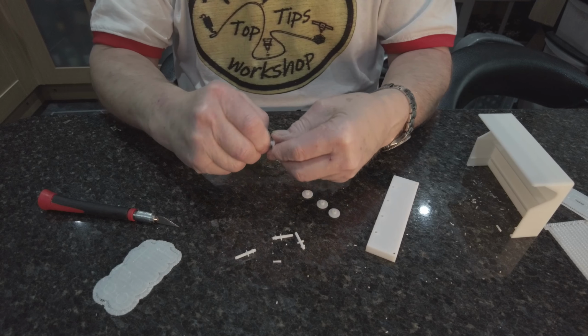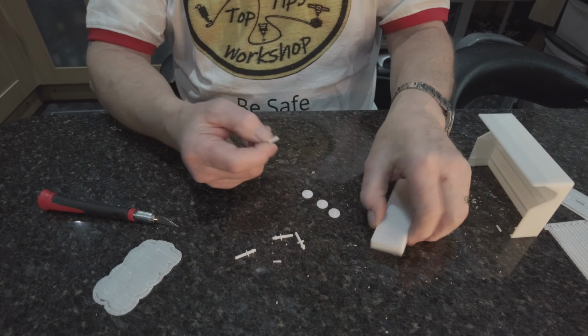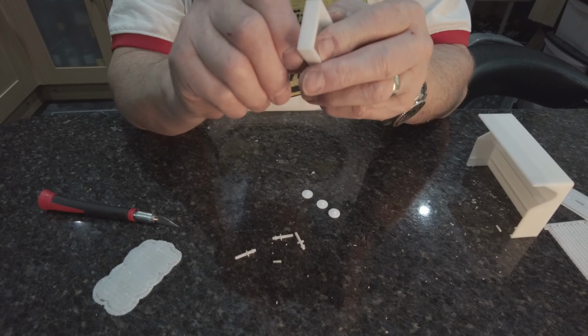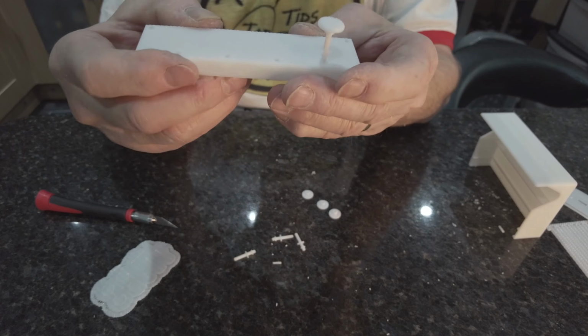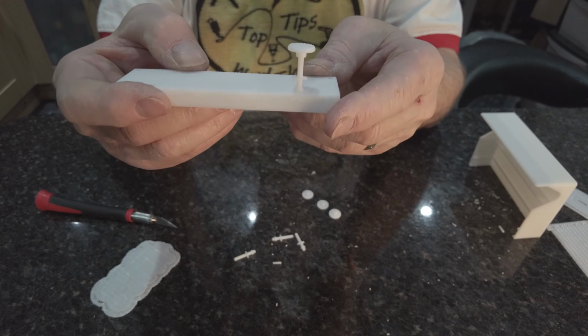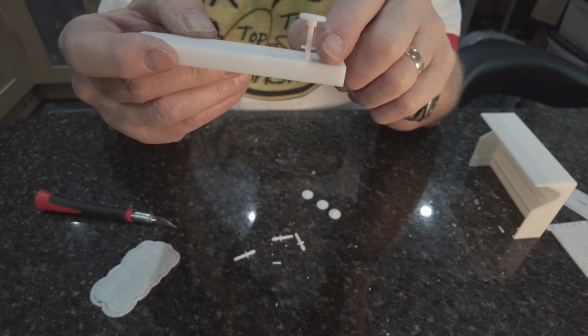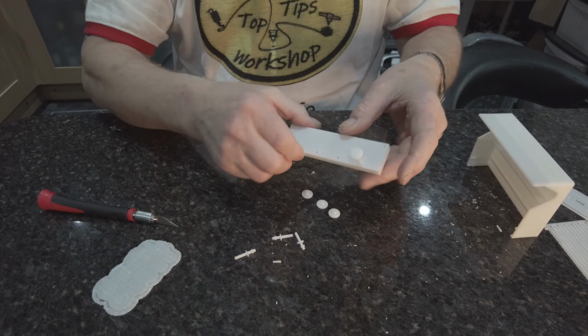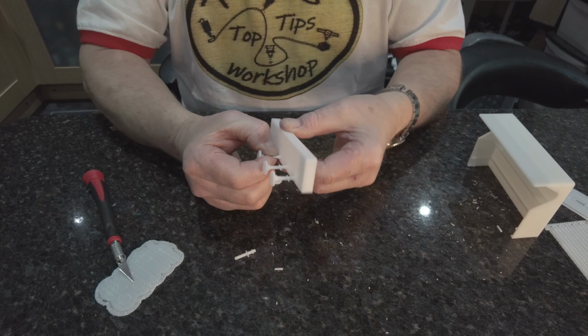So you get a buffet top, pop that in, then you get that way up, there you go. Okay, that little notch there represents the footrest that they sit on. So I'll do the other 4 now. As I said,